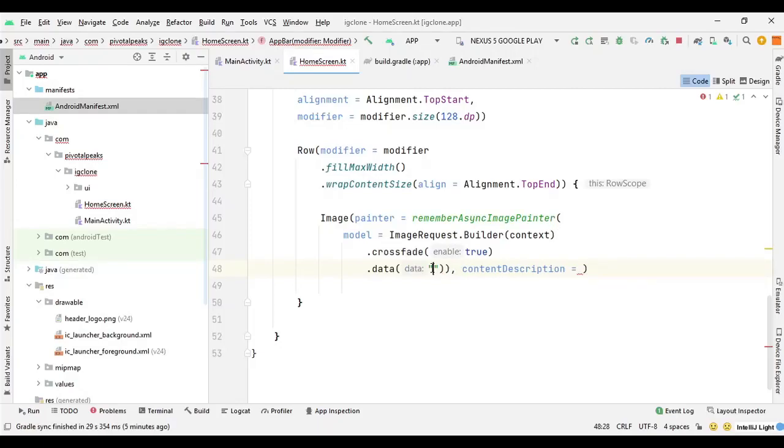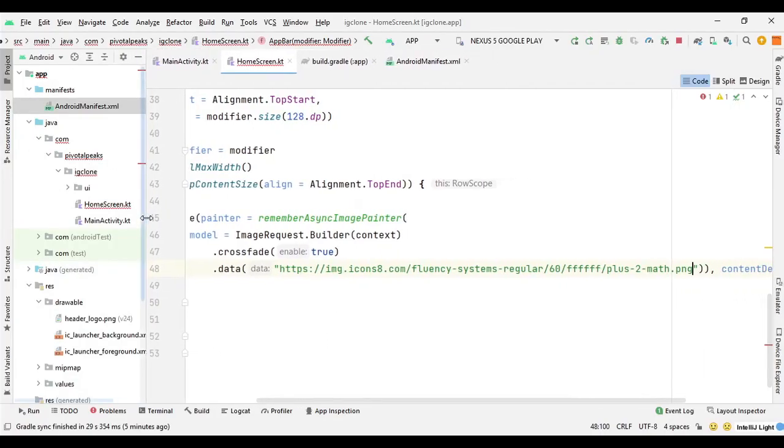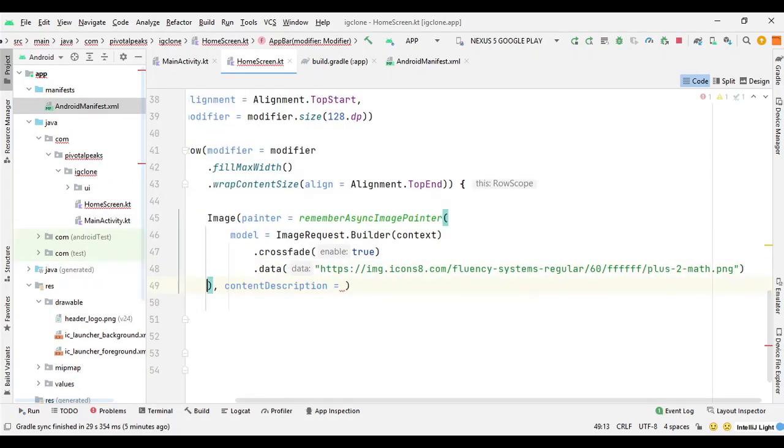So here I will just paste the image URL which I have got from the iconset website. Again, you can choose whatever image you want to choose. It's completely up to you. And then we can call the build function.